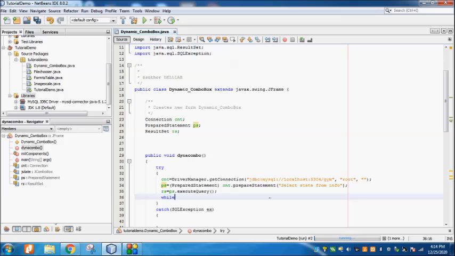Now you start a while loop to extract all the records.